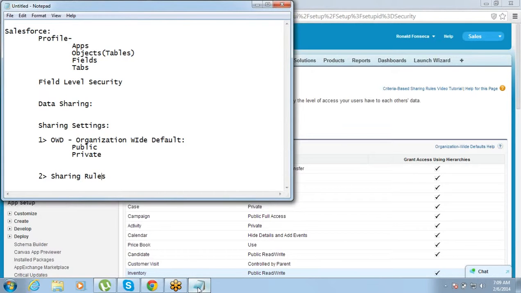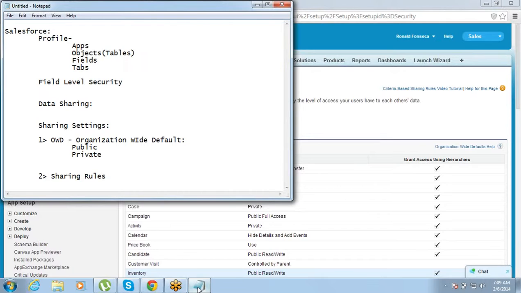And in sharing settings, right now we have taken one example for opportunity, but we can take any object and go for sharing setting.